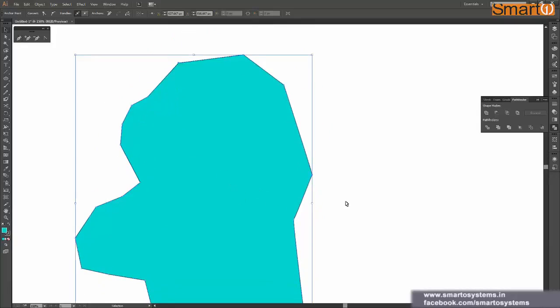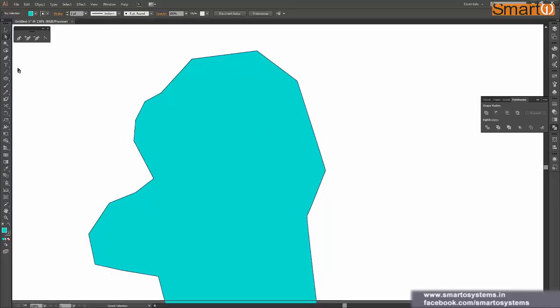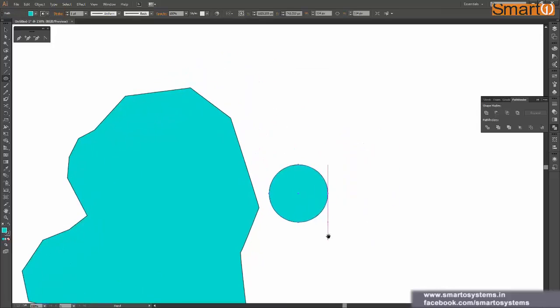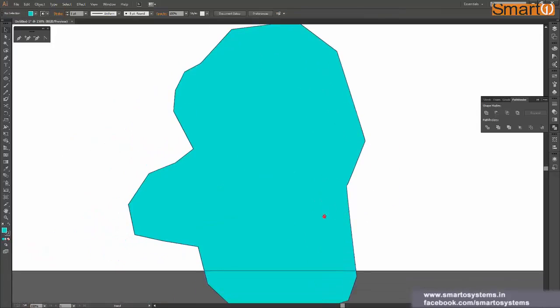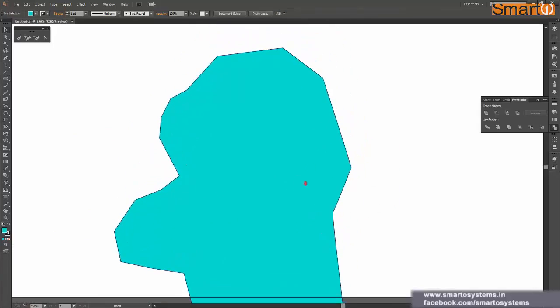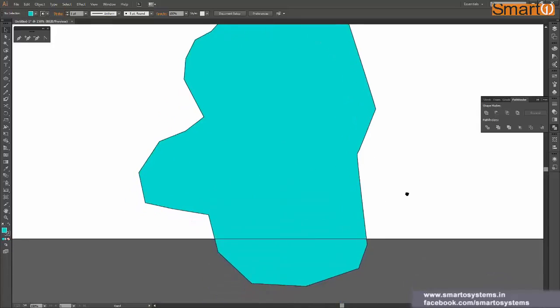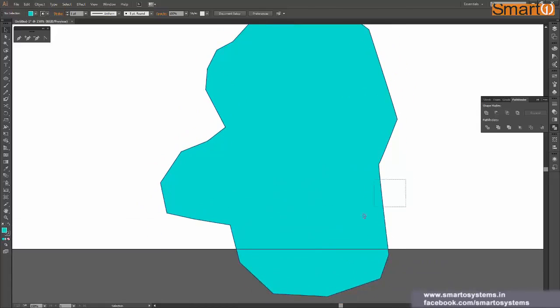So this functionality is not actually specific to the pen tool. It is common with all the tools. It applies with the selection tool, it applies with direct selection, whether you are having pen, text, or you are having a circle over here. So yeah, it applies with every shape, every tool. But I just felt like I should tell you because some people actually get confused if their shape gets out of the visible area, then they get lost about what they should do next. So yeah, in that case you can just press space and move your canvas and start drawing again.